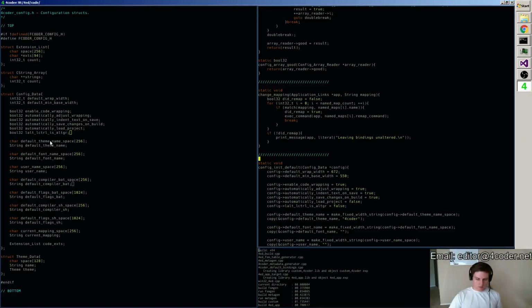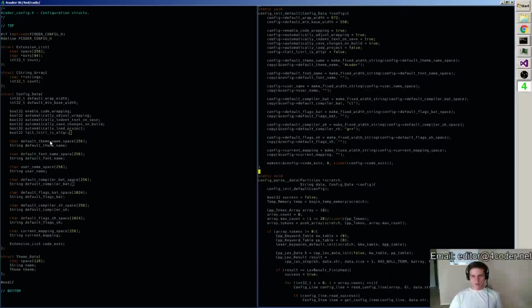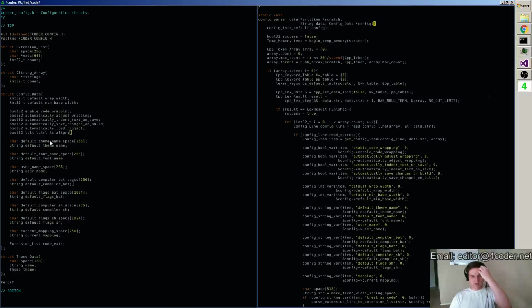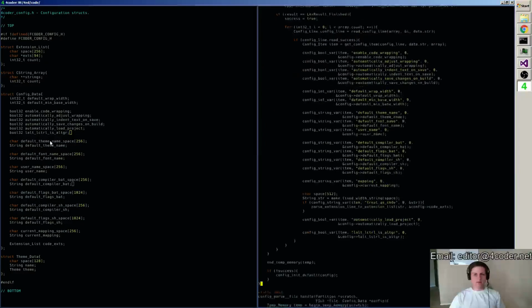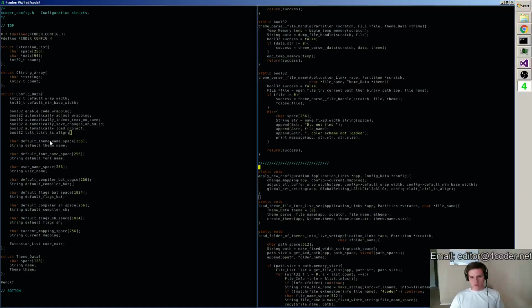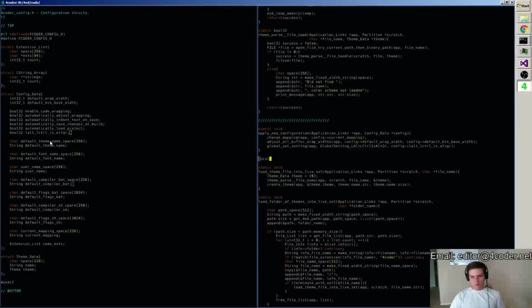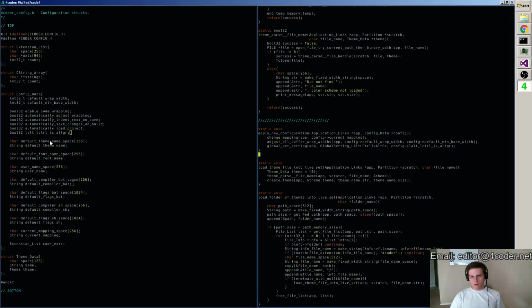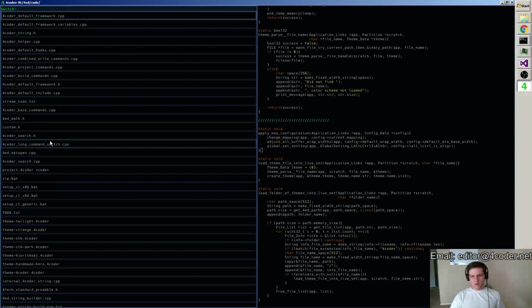Sweet. Okay, so we're pretty close. Now when we run this, it doesn't apply any changes. It's only parsing data into the struct. And you have to run this afterwards to actually apply it. So then we can do load config file. Well, no, we can't do that. But what we can do is we can say,